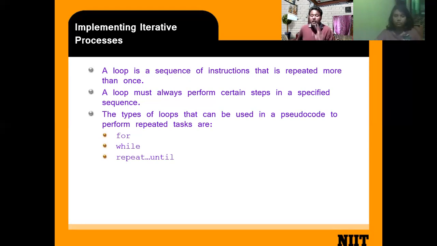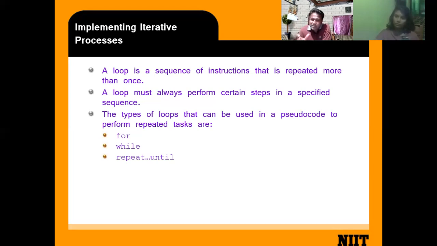One is fixed loop, another is variable loop. Fixed loop means where the number of repetitions is known. You know how many times the repetition is going on. You know that six days a week your classes go on from 10 to 1:30. That is fixed. But you don't know what you are doing on Sunday. Sometimes you become casual and do all the work differently. You watch a movie, you play games. So that is not fixed.